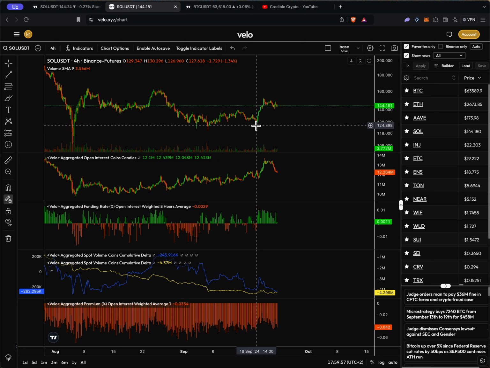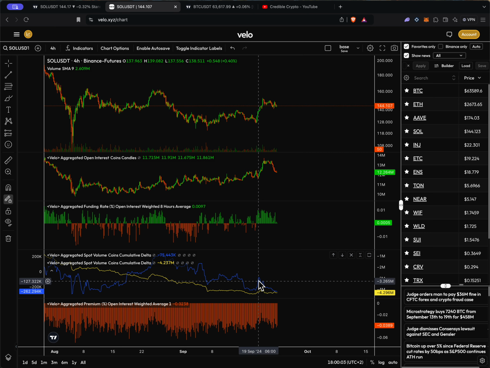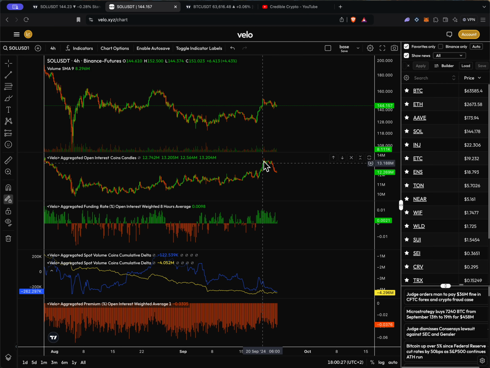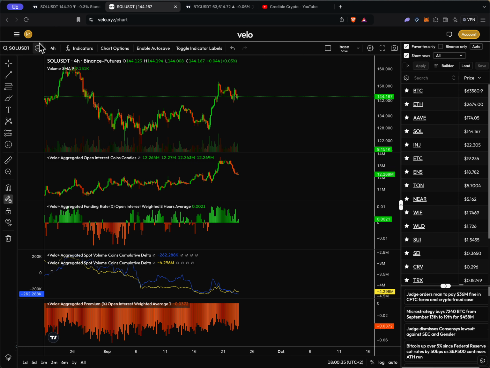And we see on the cumulative delta that yes, it was a spot impulsive move up. Now we have been dropping and basically cumulative delta went back to the same level the move started. So this means there's been quite some spot profit taking. Meanwhile, OI spiked too, with the funding going down, and the OI is correcting quite a lot. Let me see on a lower time frame,